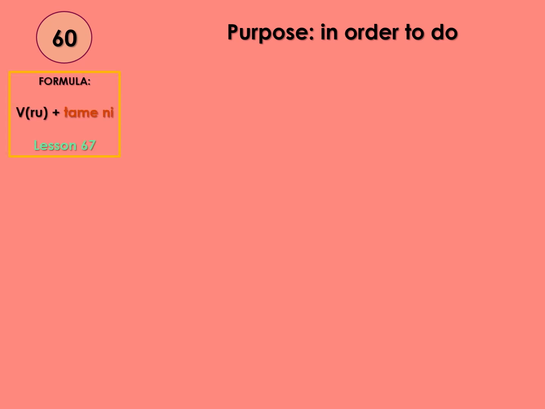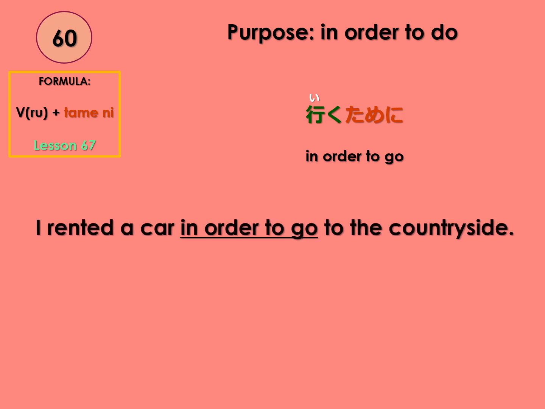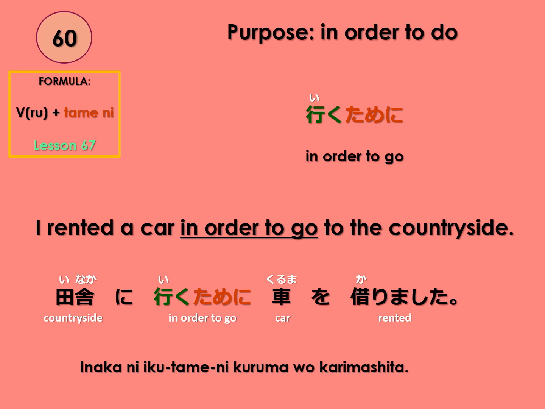60, purpose. Ru tame ni, ru tame ni. Also lesson 67. We use this conjugation anytime for any verb in the main clause. In order to go. 行くために、行くために. I rented a car in order to go to the countryside. 田舎に行くために車を借りました。